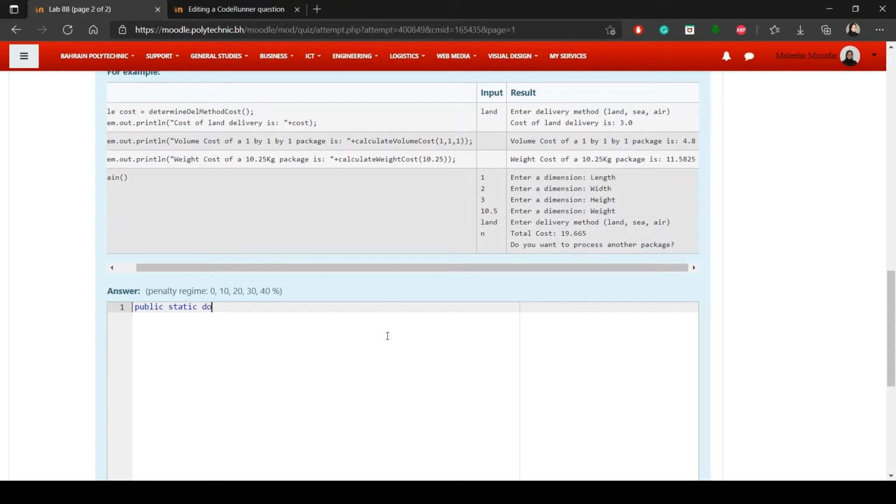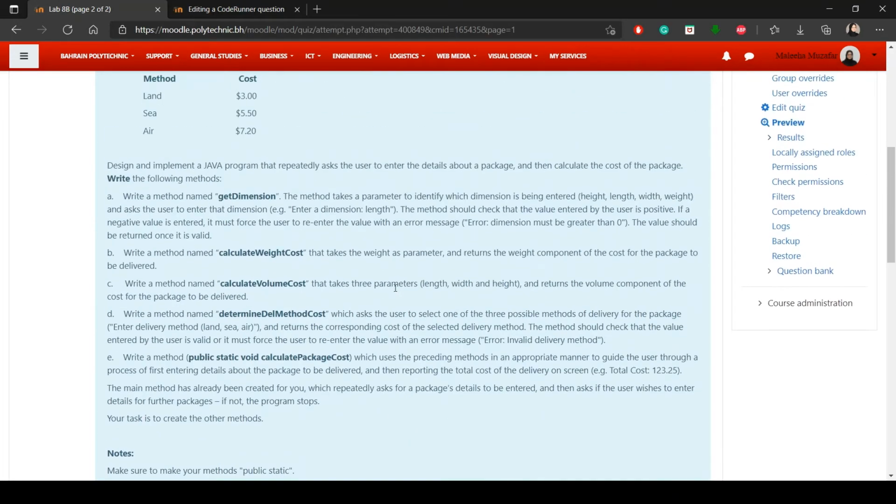So the return type will be double, the name of the method, and then double weight. So now we have the weight. Now all we have to do is check